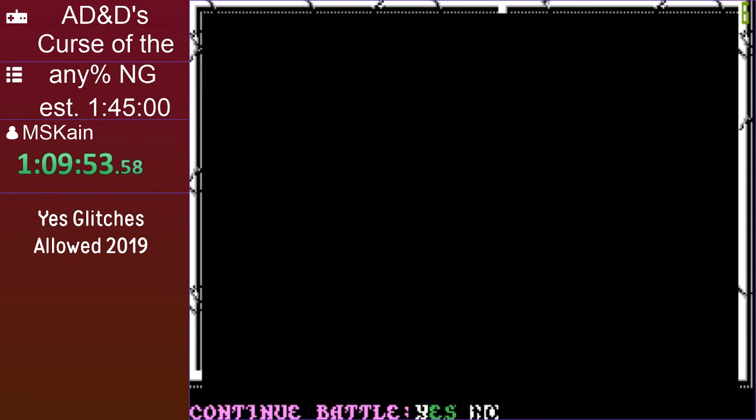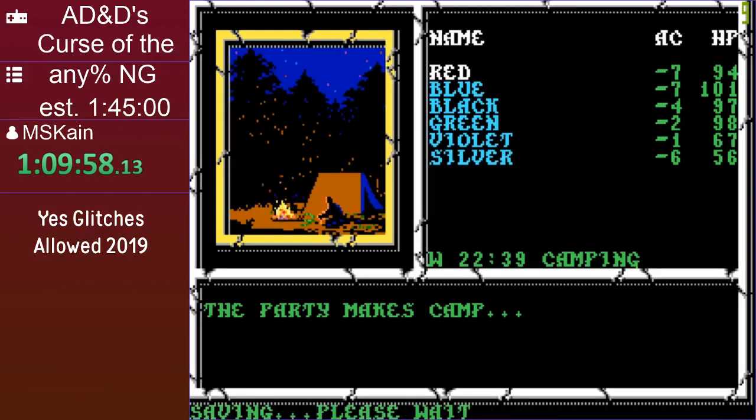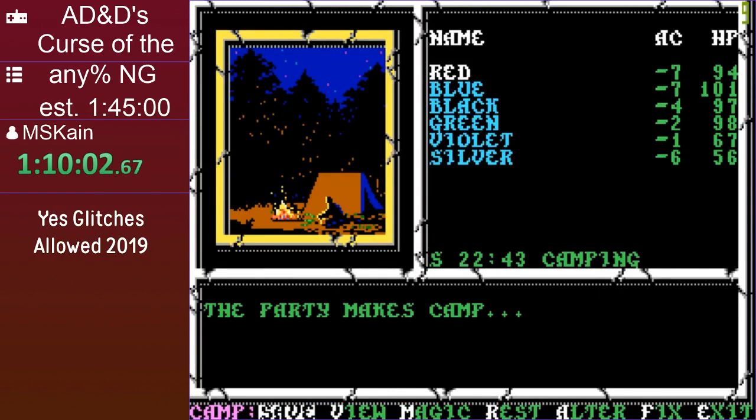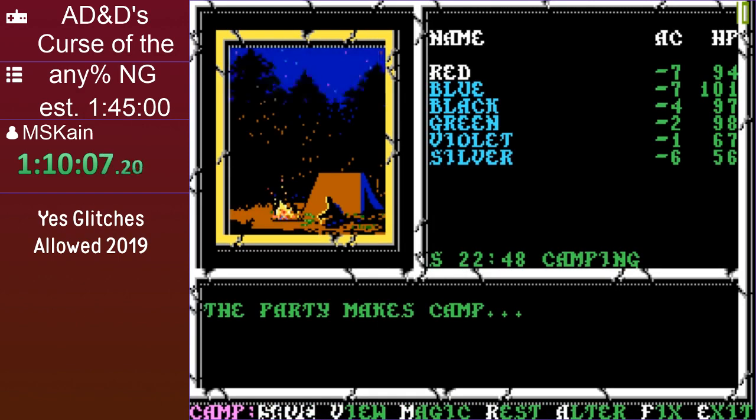Oh, and he surrendered, so that's it for the fight. Okay. Now save the game after that fight. Save again. Saving doesn't take a lot of time, so...